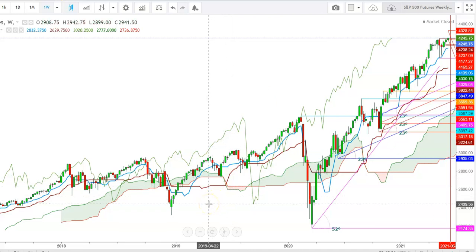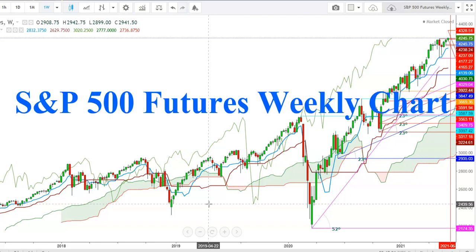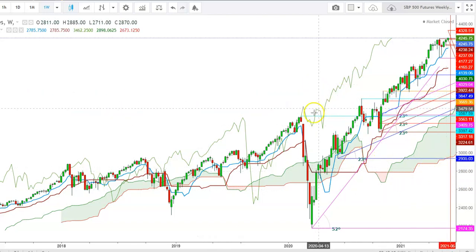So let us start the day to analyze the movements of S&P 500 futures in different time frames. So friends, here you can see a weekly chart of S&P 500 futures. Here you can see the S&P 500 futures found a stiff resistance in February 2020 when the first coronavirus got confirmation. Here on January 10, 2020, S&P 500 futures started a sharp fall from the levels of 3384, and finally tested a low at the levels of 2174 on March 23rd, 2020.